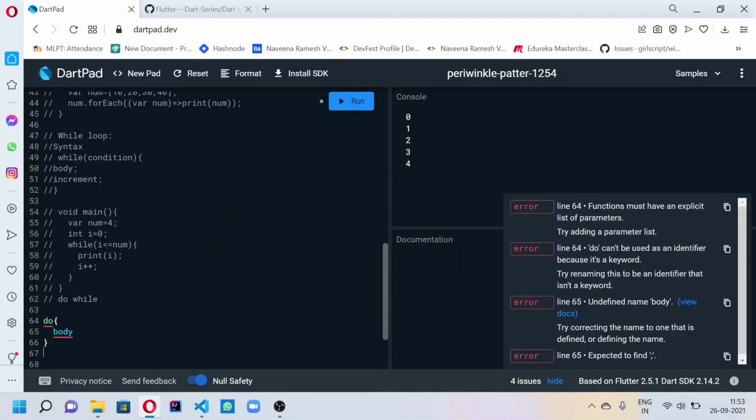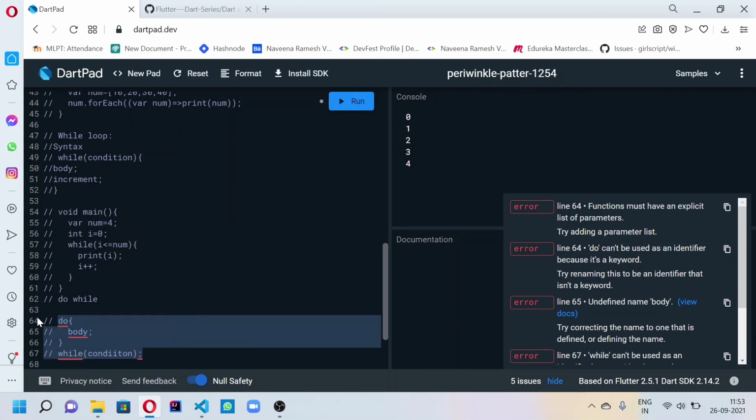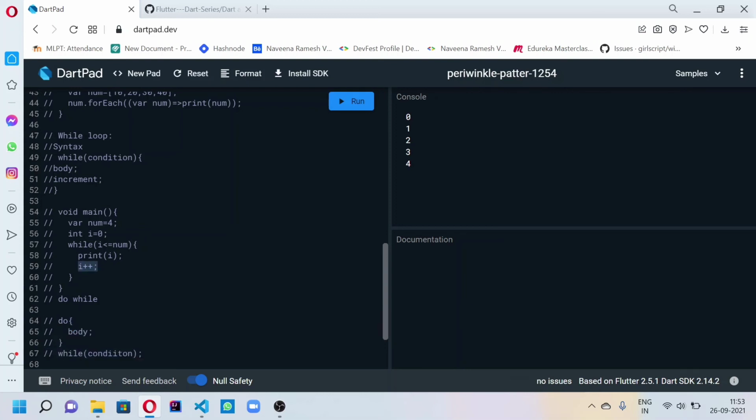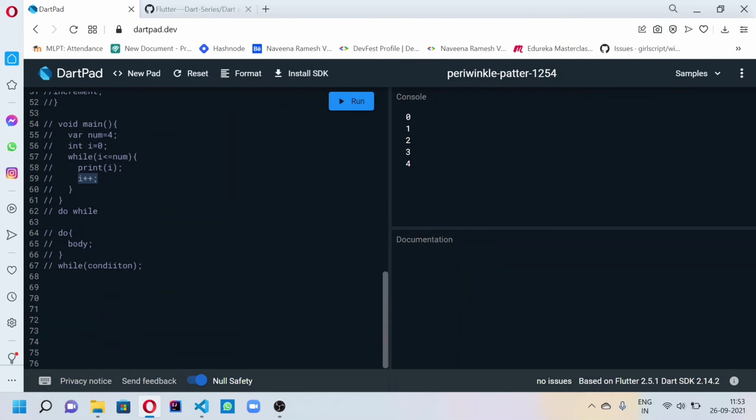After that we'll go with the while condition. If you haven't given the increment, it will fall into an infinite loop. Don't forget to give that increment. Now we'll see the example for do while loop.